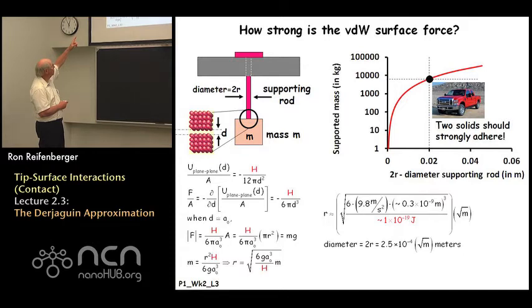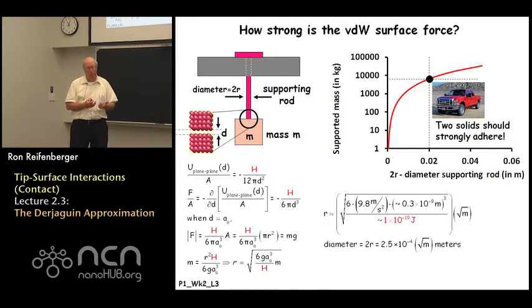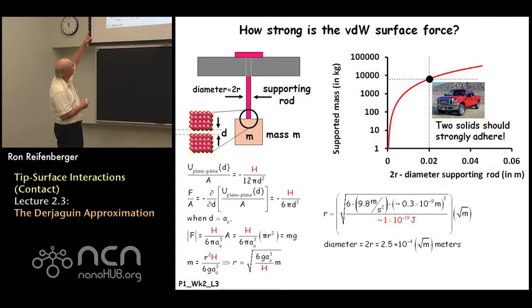The plane-plane interaction potential energy divided by the area A that's appropriate is just minus H over 12 pi d squared, where d is the separation between the two planes. And H is a number on the order of 10 to the minus 19 joules. So we can ask a real simple question. If we have a rod indicated by that solid red